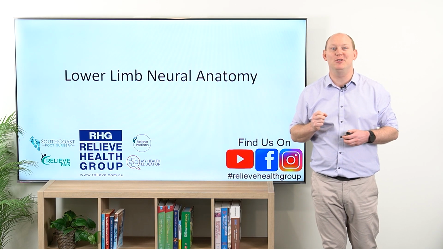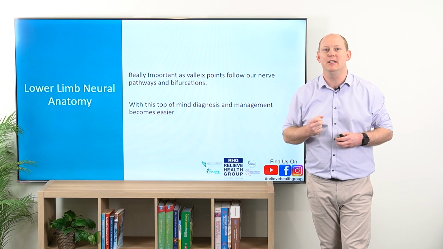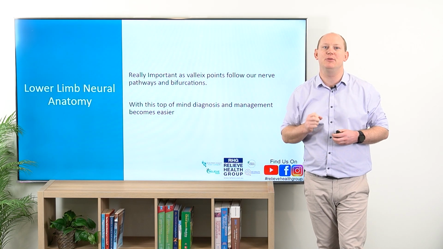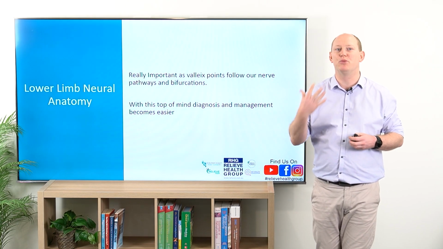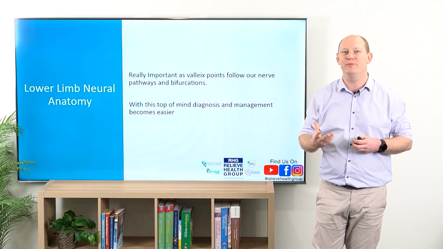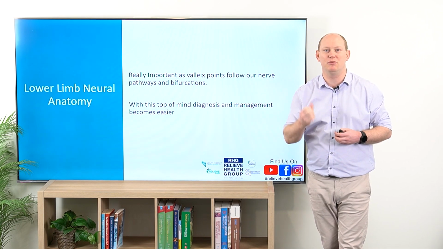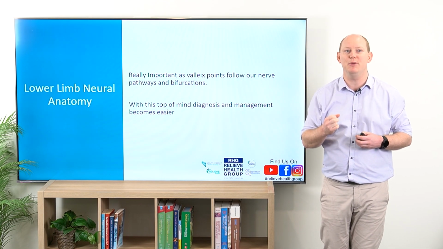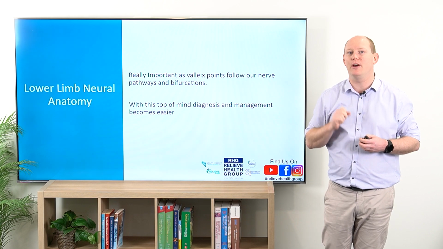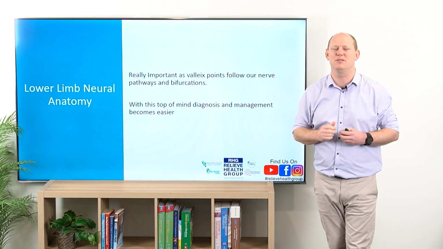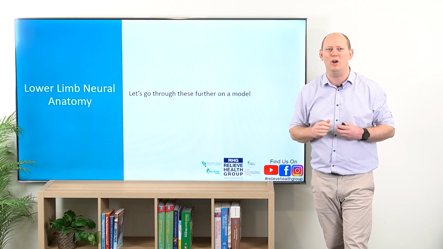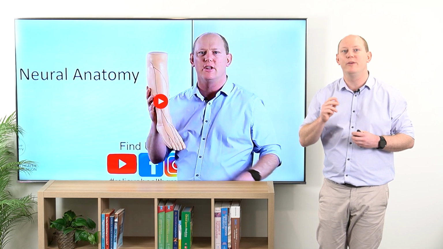Having a bit of a further look at lower limb neural anatomy, something that's really important, particularly with our valgus points. More broadly, we just need to know where those nerve pathways are and where they bifurcate, so that we can make sure that we're treating in the correct spots. But of course, this is going to help with our diagnosis, and our further management becomes easier as well. Let's have a look at the video so that we can refamiliarize ourselves with those nerve